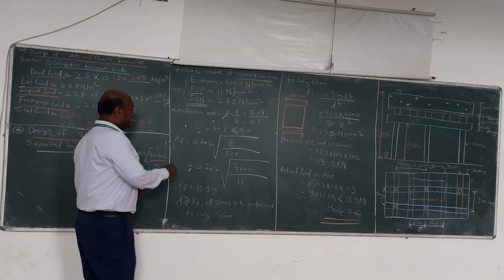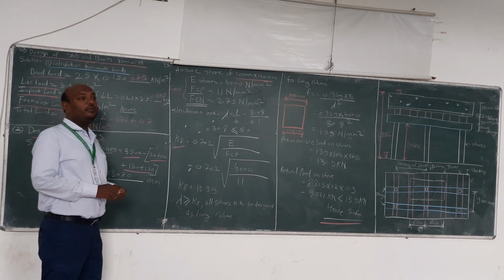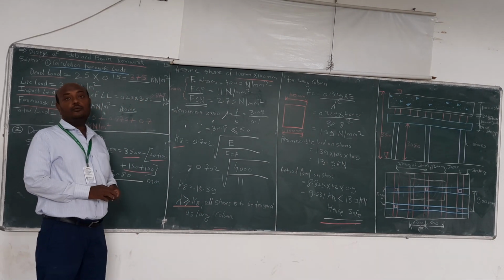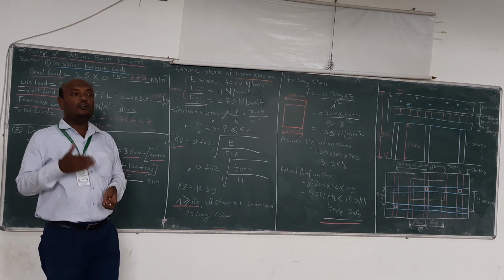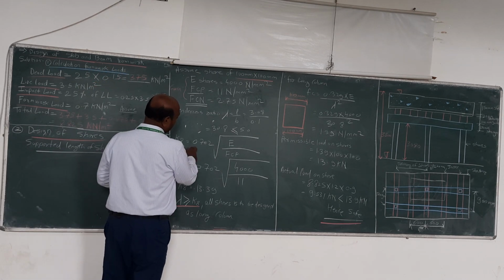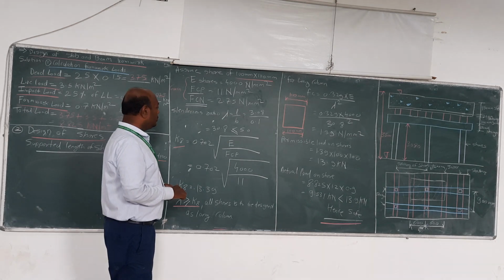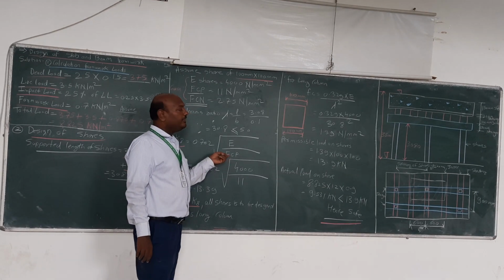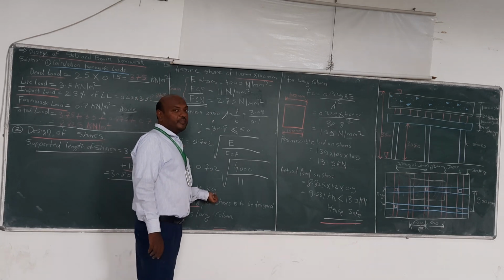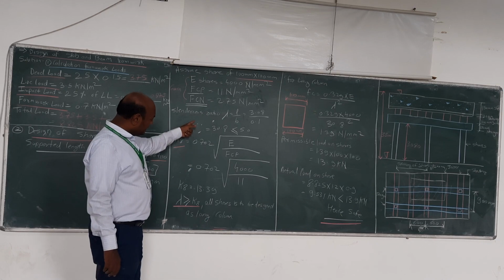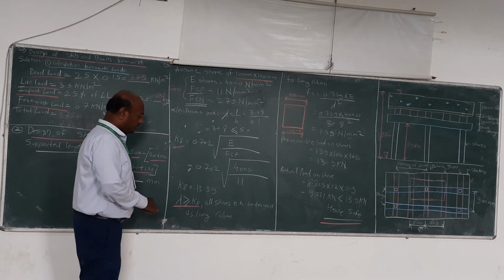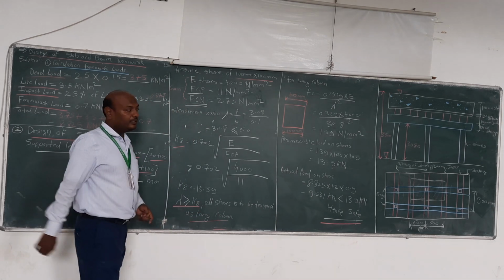So now we find out the K8. We have to find out the K8 because we have to compare the K8 with the lambda, to decide whether we have to design a short column or a long column. For finding out the K8, it is 0.702 under root of E divided by FCP. FCP is already given in the question, that is 11. So here we will get the K8, that is 13.39. Okay. So here the lambda is greater than K8. So here we will design the column as a long column. Okay. Always the shore will be a long column.